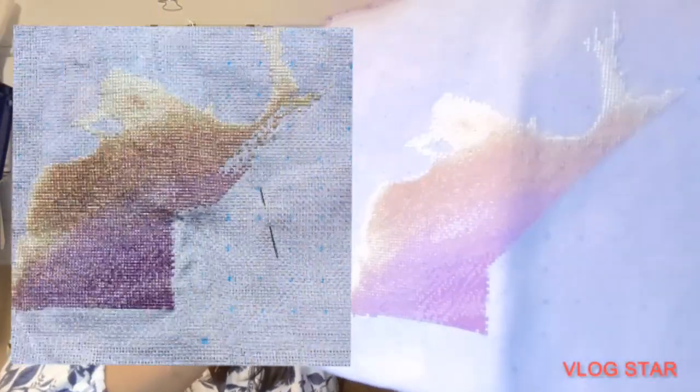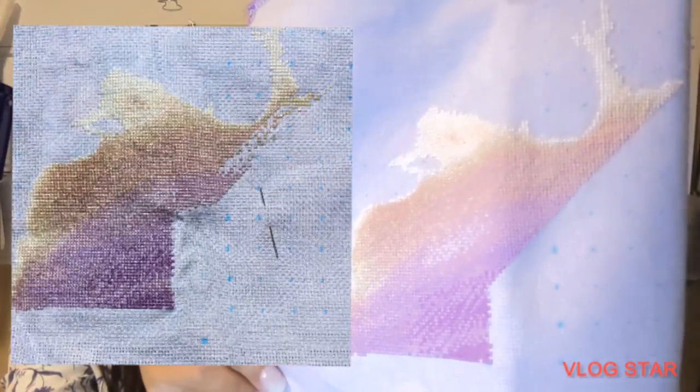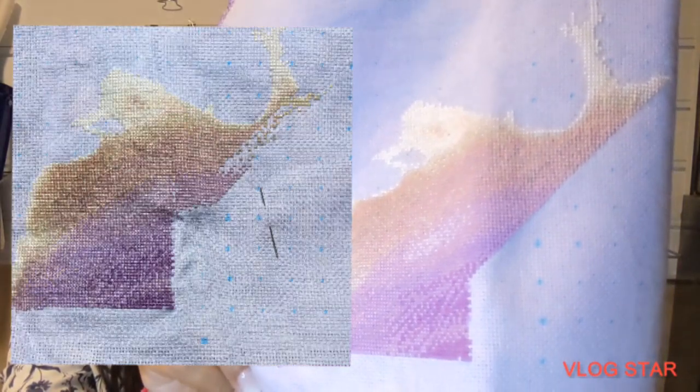So that's Ayana. Most of these, actually all three of them that I just showed you, are on 22 count 2/1 full cross. Next one, I believe, is 18 count. This is Mini Opening Night, the ballerina one, and I was able to finish another diagonal on it. So let me see if I can fold this properly so you can get a close-up view. So this is where I was able to finish a diagonal on that page, and then we'll move on to